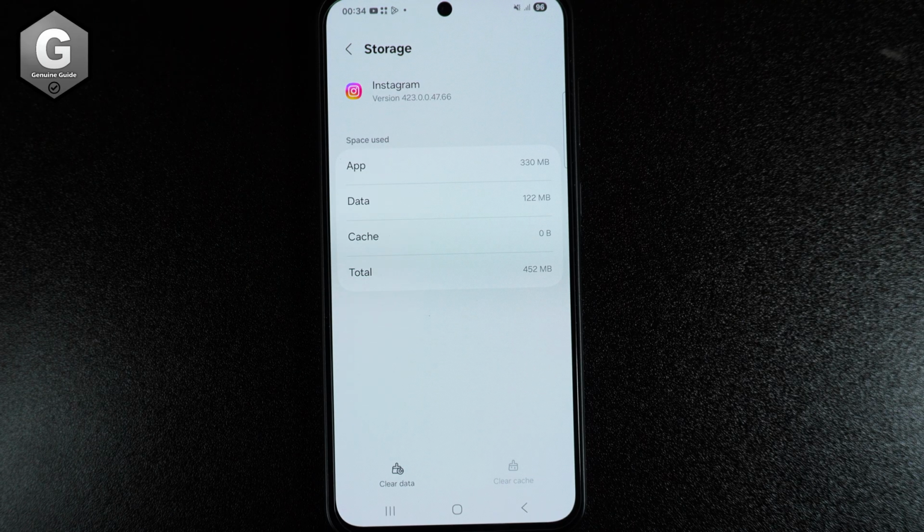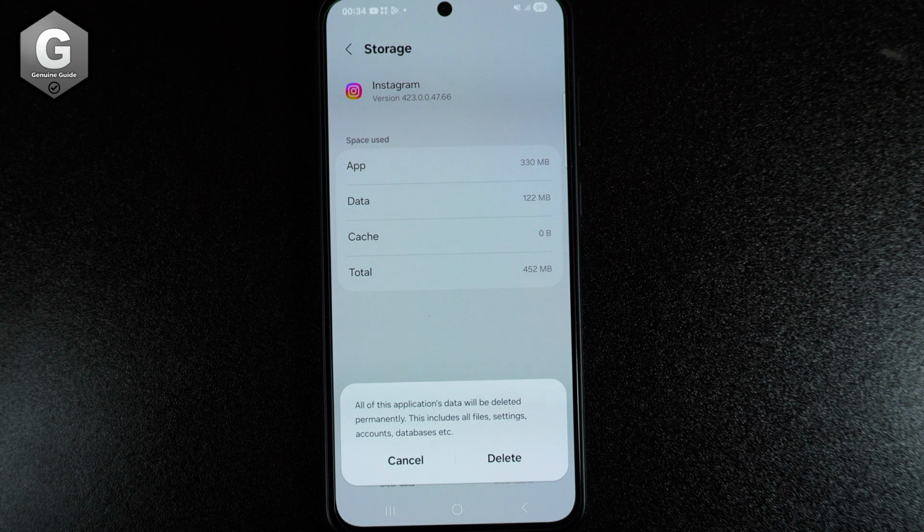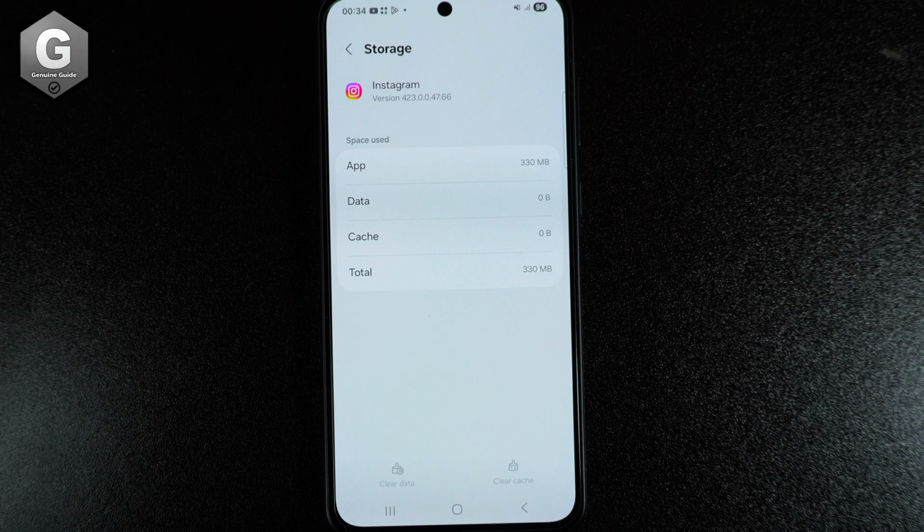If you remember your Instagram account password, then you can do the clear data. You can find the clear data options and click and do. If you remember your Instagram password, then you have to just click on the delete options, do this, then go